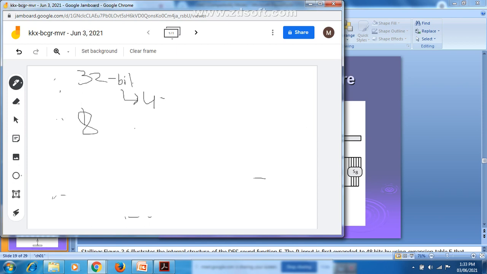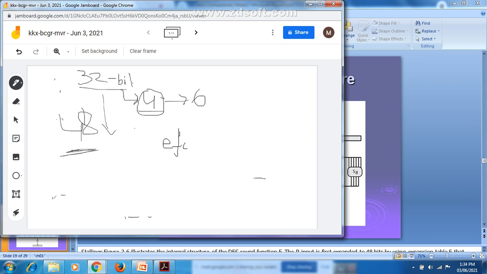See, 32 bits will be grouped into 4-bit groups. If I group 32 bits as 4 bits each, how many groups are you going to get? Because you are grouping the right hand side data, no? The right hand side data is 32 bits. These 32 bits I am grouping as 4 bits. Totally 8 groups, each consisting of 4 bits. 8 groups you are going to get, yes or no?